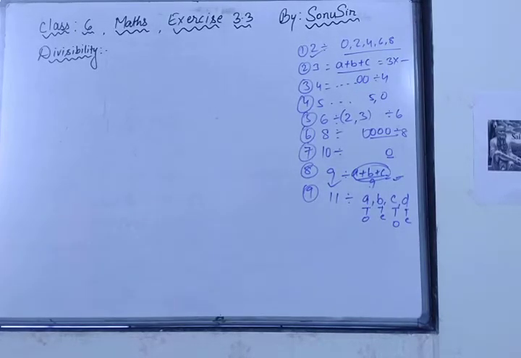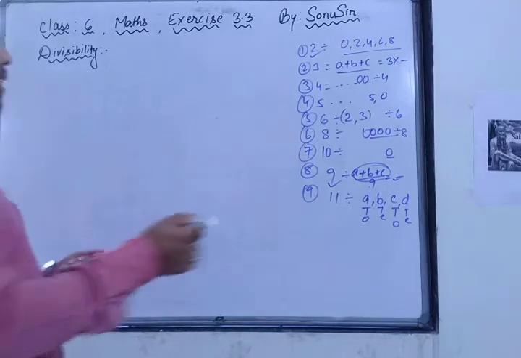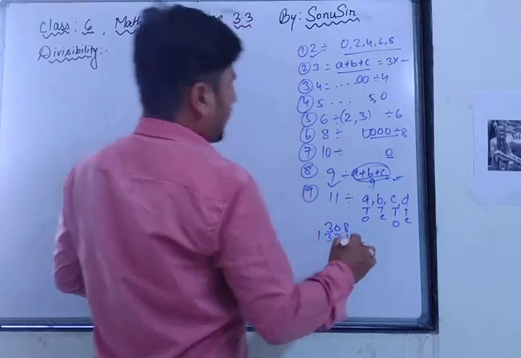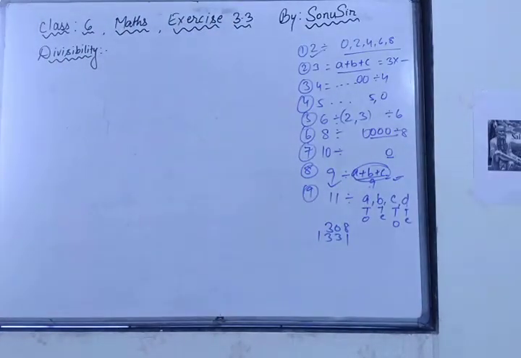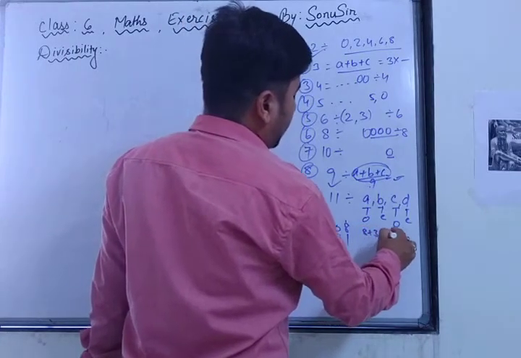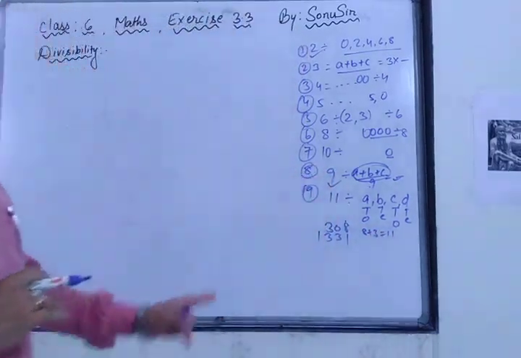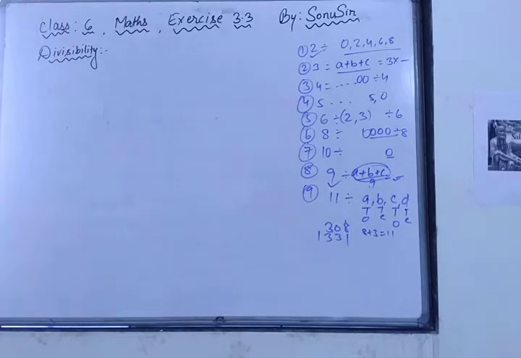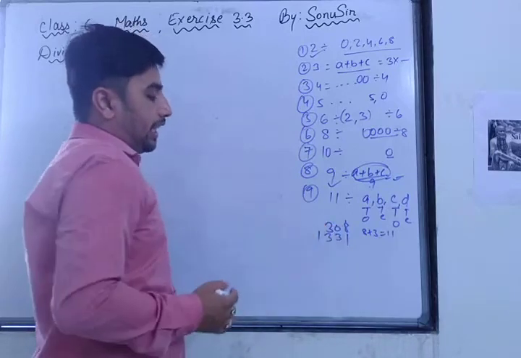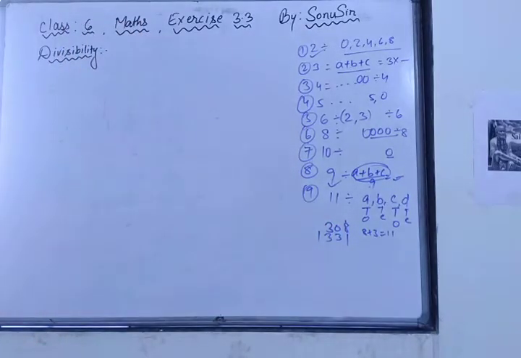Okay, 308. Just suppose here 308 or 1331. In 308, what you are seeing, 8 and 3, they both are at the odd places, first, second and third. So 8 plus 3 is equal to 11. 11 is divisible by 11, meaning 308 will be divisible by 11. Got it? You can see 11 2s are 22 and 11 8s are 88. So 28 11s are 308.